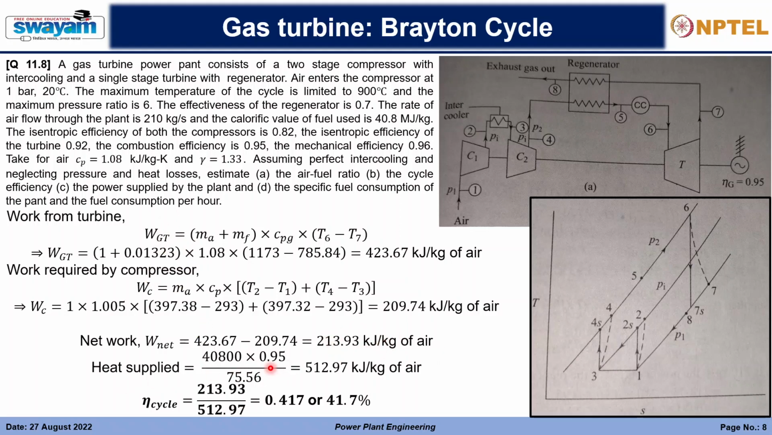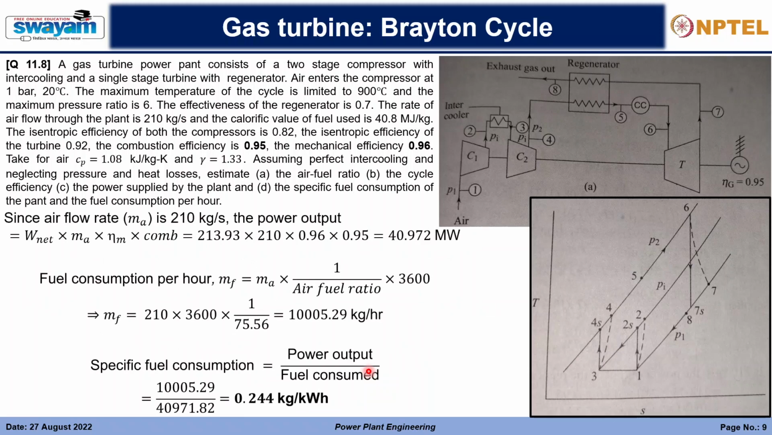Heat supplied we can get directly from the mass of fuel, using the combustion efficiency and calorific value, and this is the amount of fuel per kg of air. So we will get the amount of heat supplied from 5 to 6. So the total cycle efficiency will be 41.7%. Okay, then